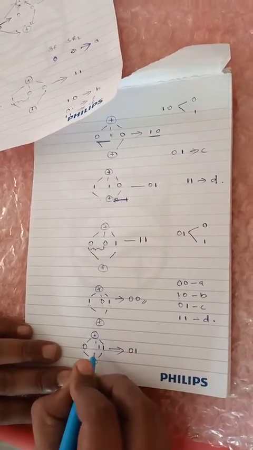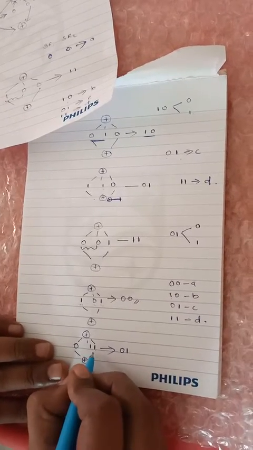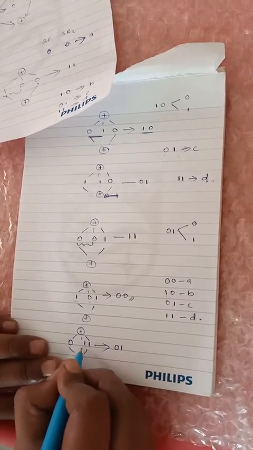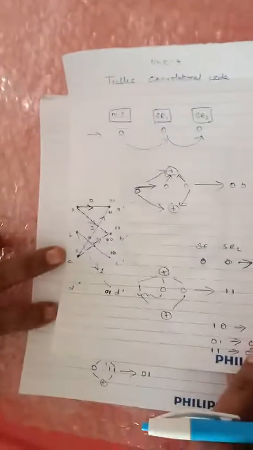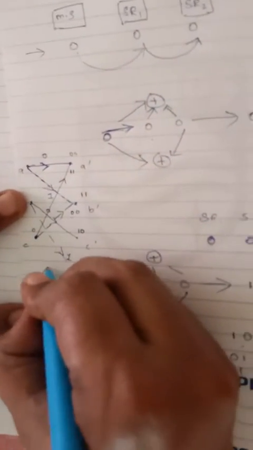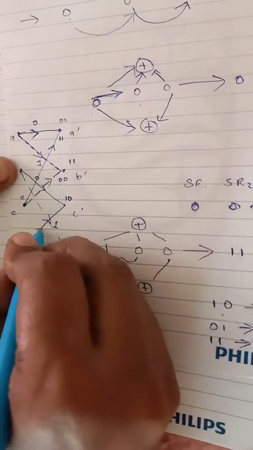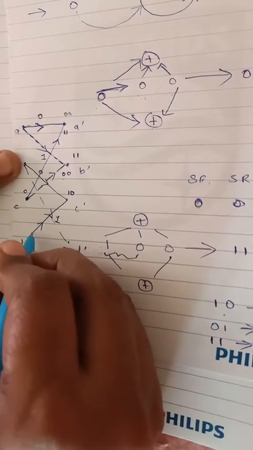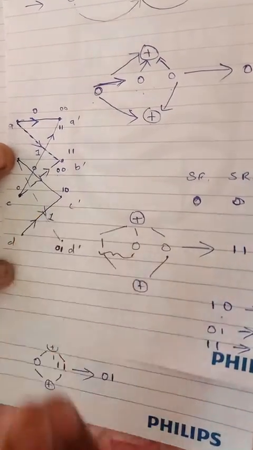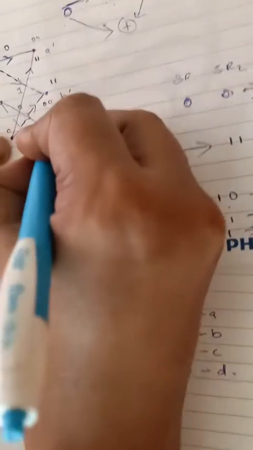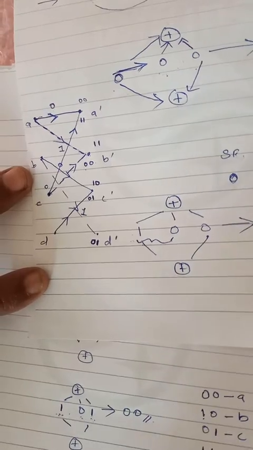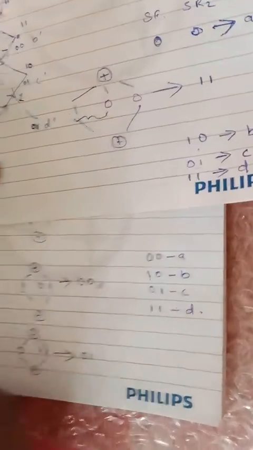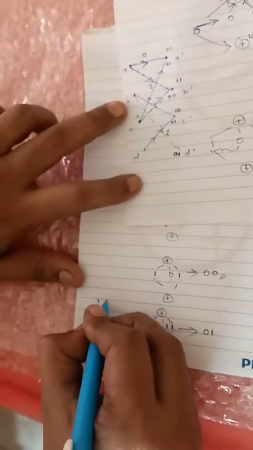So now what happens is, your D state is moving on to your 0 1 state. What is 0 1? 0 1 is nothing but C state. So here D is going to move on to your C state. This value, that is the incoming bit, is 0 and your output is going to be 0 1. Okay, fine. So similarly, when it is going to be for your 1 1 combination.